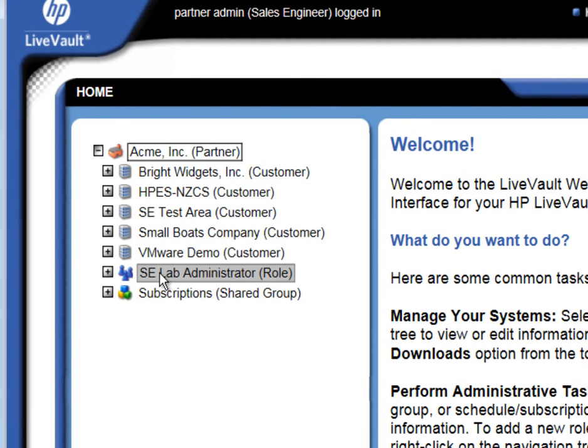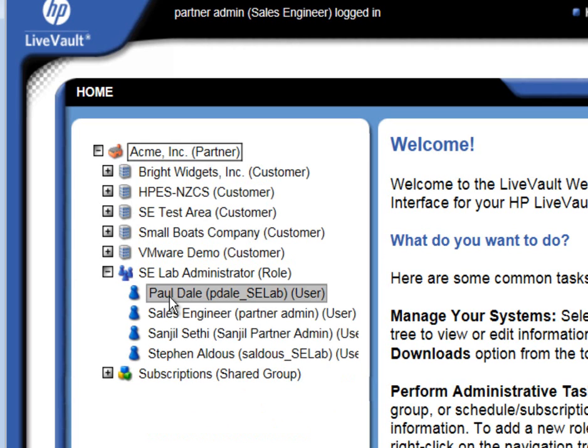You can also see that there's a lab administrator role. Now, this role record is located directly underneath the partner. It's what we would call a partner level role record. And all user accounts, all administrator accounts in LiveVault are located under a role. And the role defines both the scope of visibility, what they can see and not see, and what rights and privileges they have or don't have. But in this particular case, there are 4 of us who have partner level admin rights to this particular partner